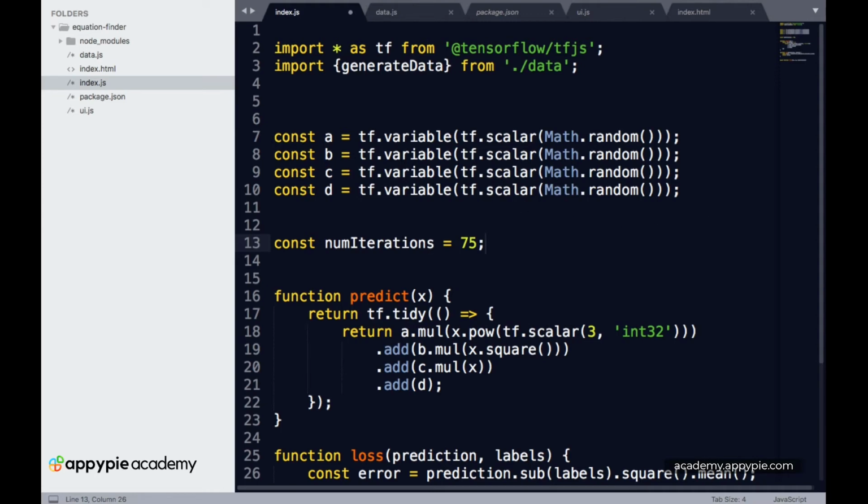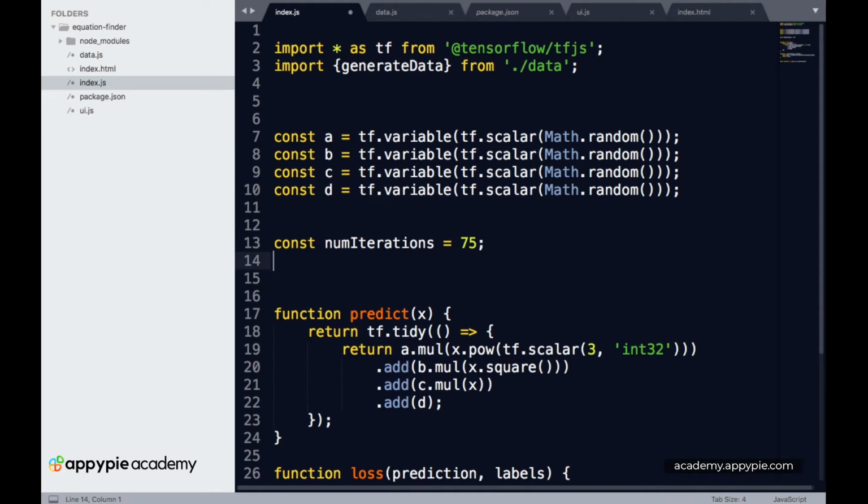Then we have to add a new constant, and let's call this the optimizer, and let's give this a good optimizer.